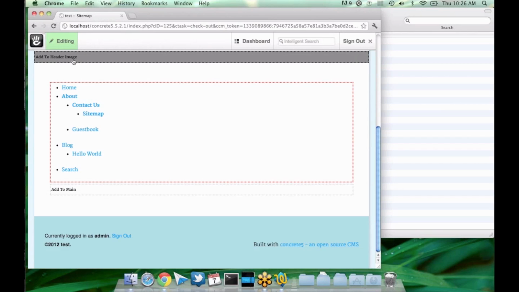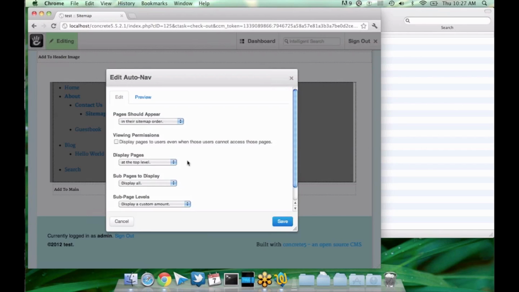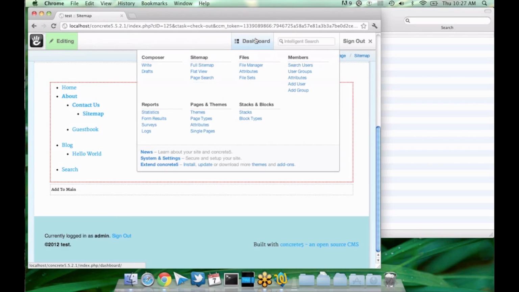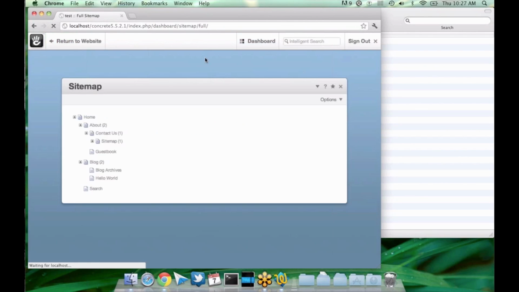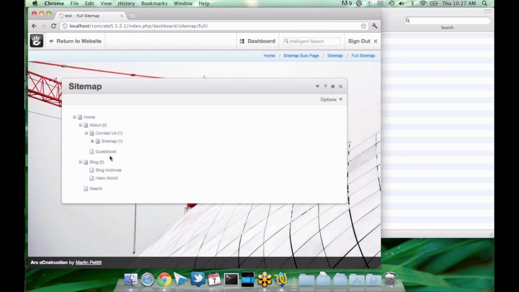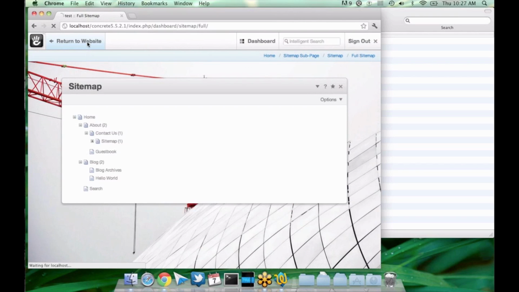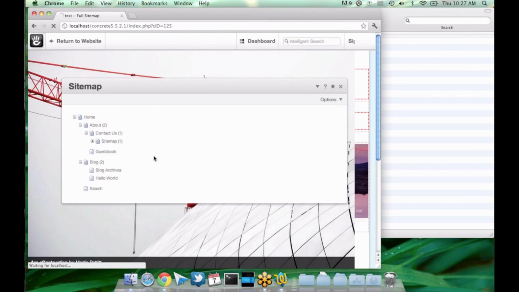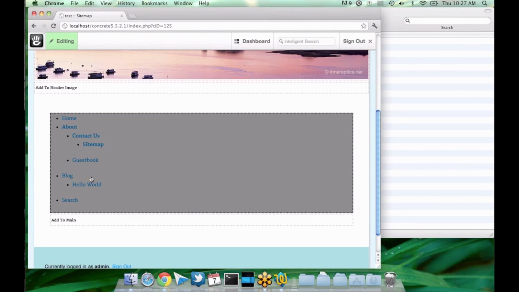Moving right along, I wanted to explain a little bit of how a couple custom attributes impact the AutoNav. So as you can see, I'm showing this AutoNav here, and if I check out my sitemap, you'll notice there are a couple pages that aren't showing up. There's one page that's not showing up in the AutoNav that is showing up in the sitemap, and that is the blog archives page. Instead, there is an empty space where that might otherwise be beneath the blog,